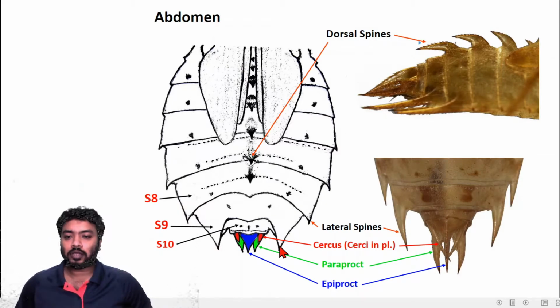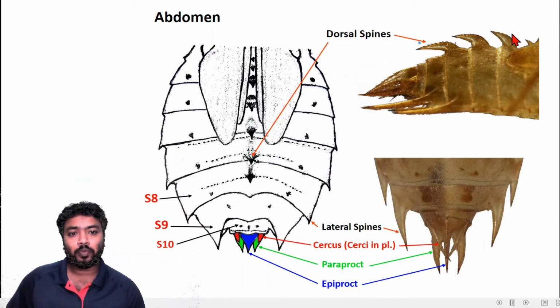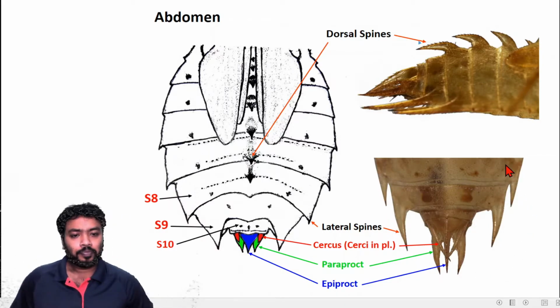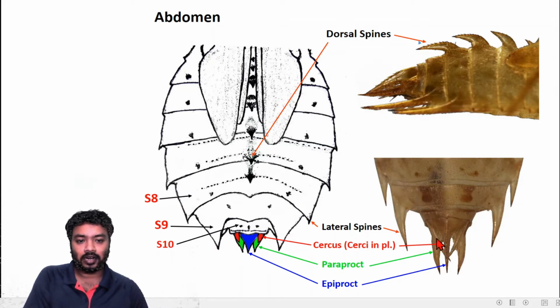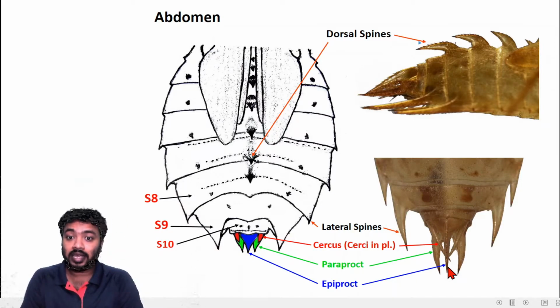This belongs to the larva of Onychothemis testacea, and the right top one is Hydrobasileus croceus, and this one is Pantala flavescens. If you see the key characters, Pantala doesn't have dorsal spines, and they have well-grown lateral spines, and the epiproct and paraproct are similar in size, and the cerci are also quite long, more than half of the epiproct. So these characters can be used as key characters.